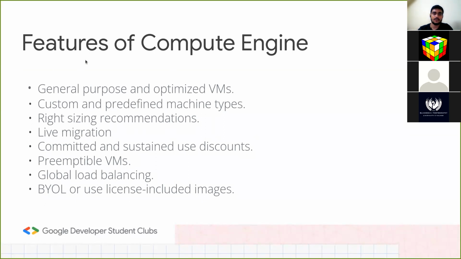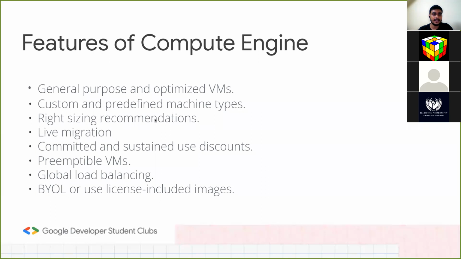Whenever you start working on compute engine in the industry as a professional, you must know all these features. The first one is general purpose and optimized VM, so there's nothing much to explain. Then there are custom and predefined machine types, which I just explained.